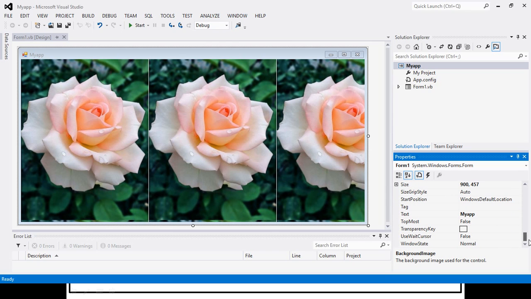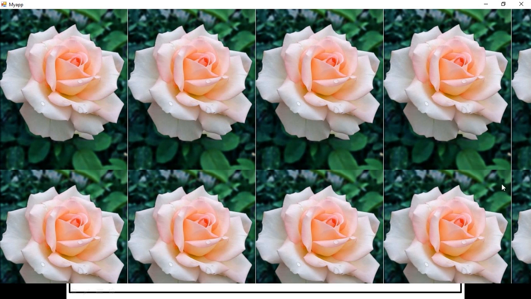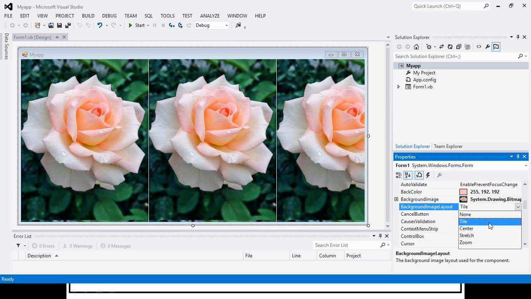So for that we have the property here, window state. So instead of normal, we will have maximized. So if I run this, the form will be maximized when it shows the output. Okay. Again, for the images, instead of tile, we can have various options, like here we can have center.